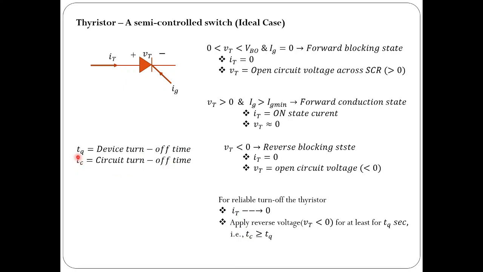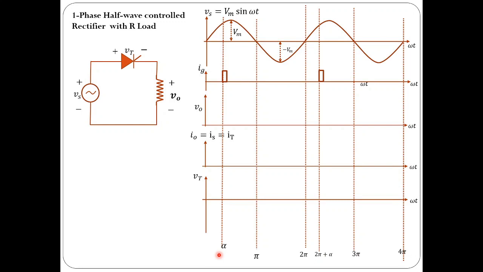So briefly, this is a review of thyristor as a control switch. It is a semi-control switch. Now in order to turn off, usually we have to go for a separate commutation circuit, but in case of rectifier applications, there is no need of a separate turn off circuit, because the commutation or turn off process takes place naturally. In controlled rectifiers, the thyristors go through the natural commutation process, the natural turn off process. With this, let us start with single phase half wave controlled rectifier operation.